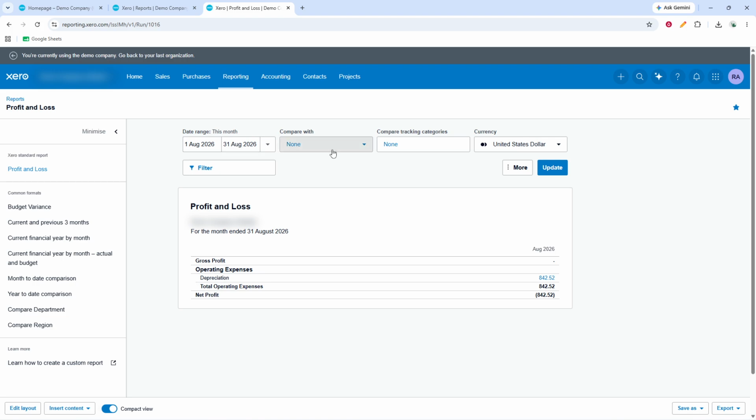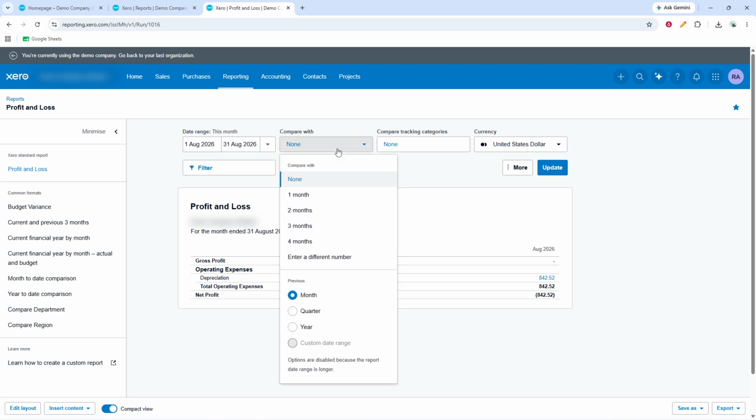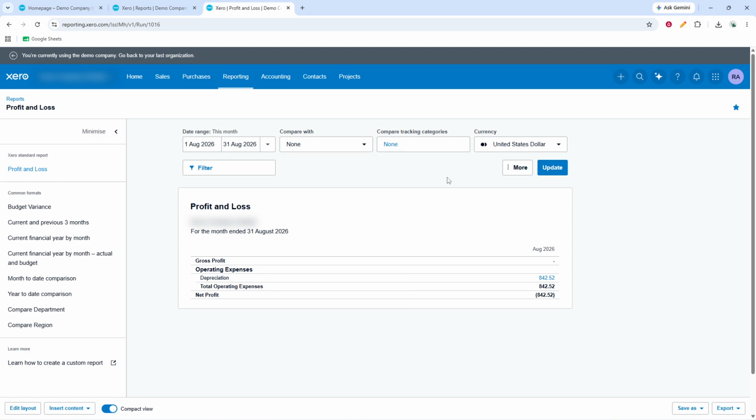If you want to view the report beside another period, use the Compare with dropdown. Select the comparison period you want to use, or leave it set to None if you do not need a side-by-side comparison. This step is optional, but it can be useful when you want to review changes between periods without